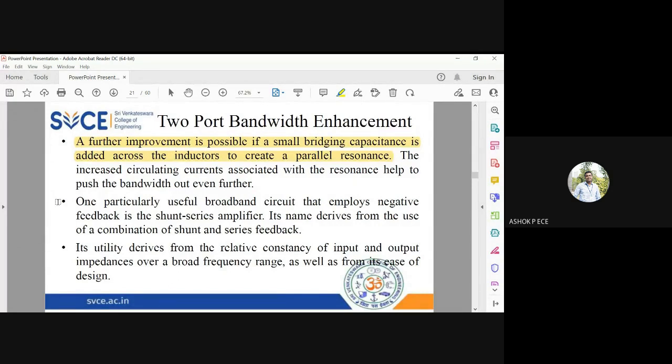One particular circuit which uses this is the shunt series amplifier, which employs negative feedback. The name results from the fact that it has both shunt and series peaking. One example of this 2-port bandwidth enhancement is shunt series negative